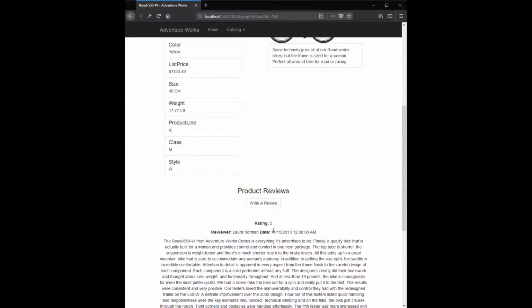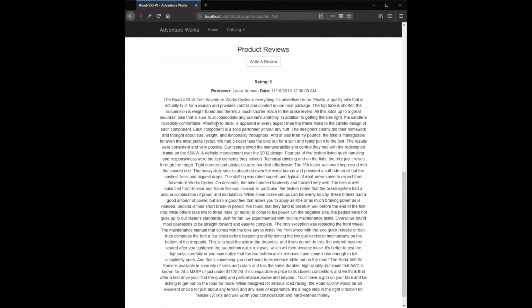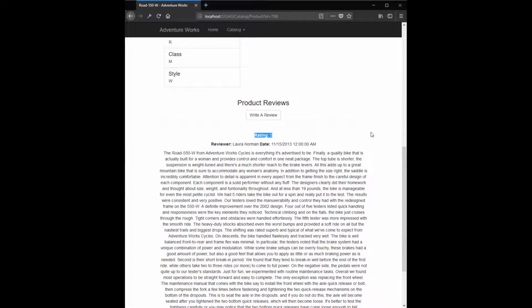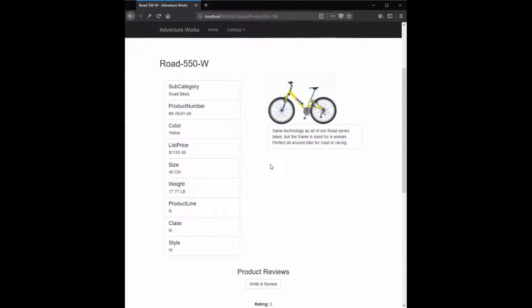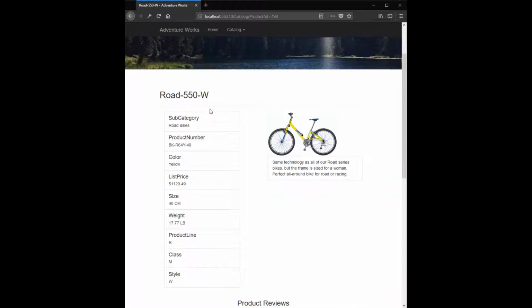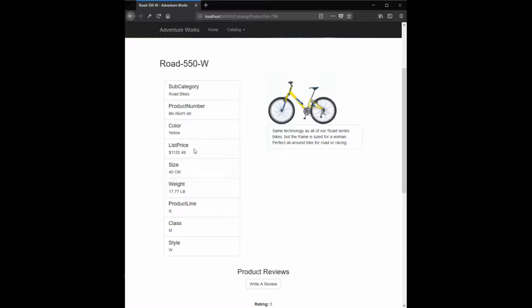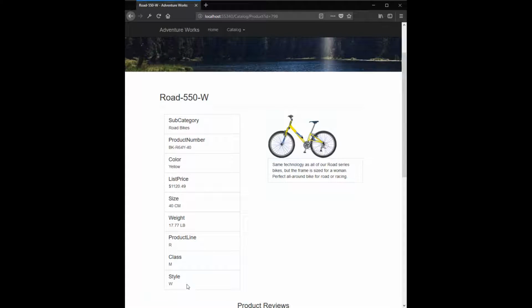I didn't put them in a panel. If there's more than one, it's separated by an HR, this line here, in between each one, and we'll see that when I write a new review. We have the product picture here, its description underneath it in a nice little box, and then in a boxed list here courtesy of Bootstrap, we have the specs that I felt would be necessary for the customer